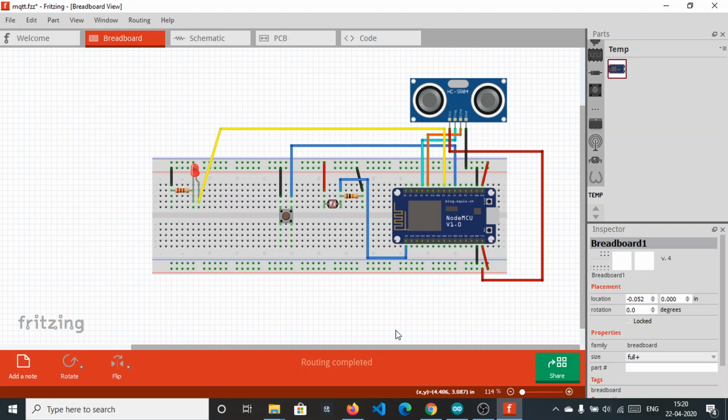In this circuit diagram, the push button is basically used in input pull up mode. We haven't used any 10k resistor with this.